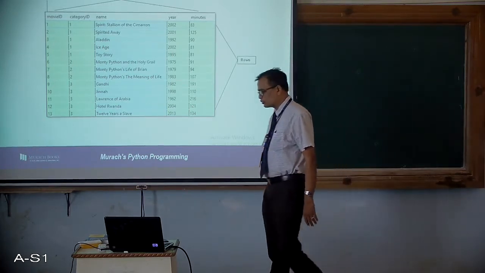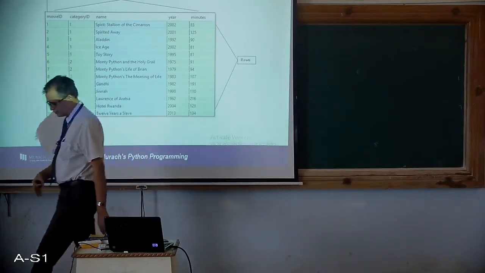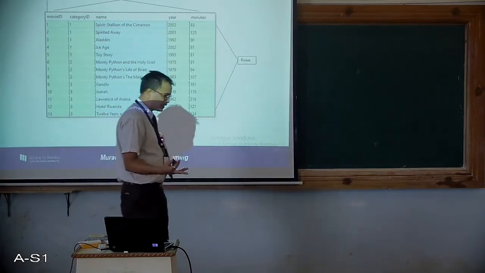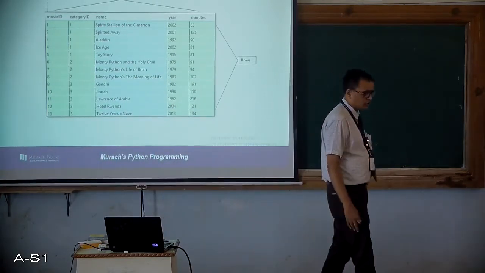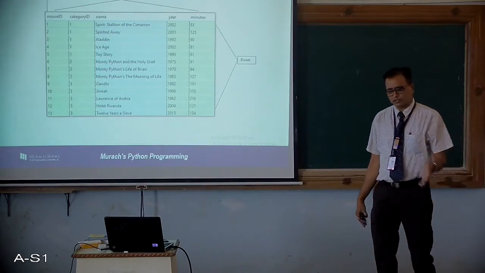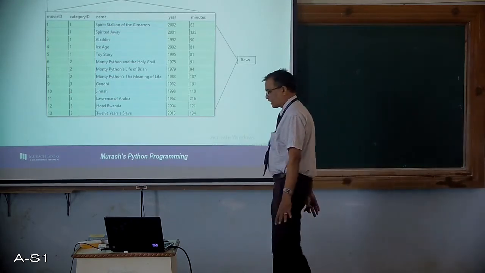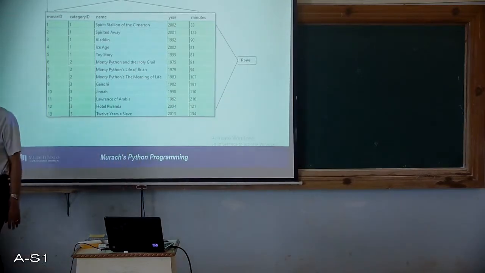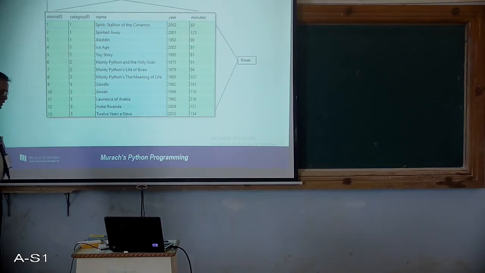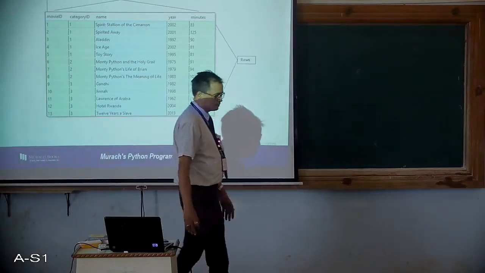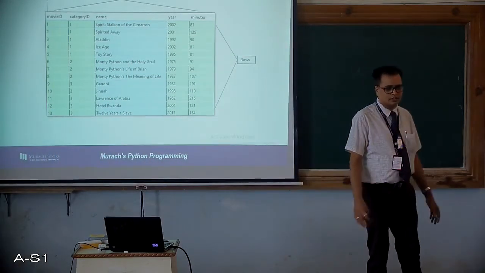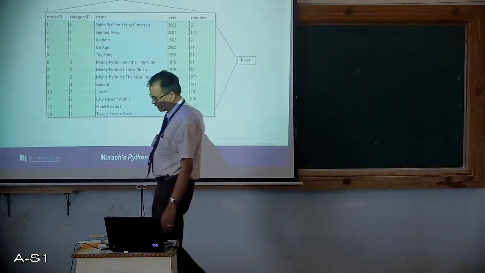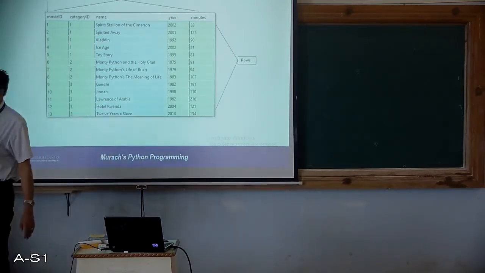How do you relate this to your own attributes? Which attribute of yours identifies you as a unique person in this class or in this college? Is it your name? No, because there might be multiple people with the same name. Is it your color? Not really, because many people have a similar color. So you have many attributes, but those attributes cannot be unique.